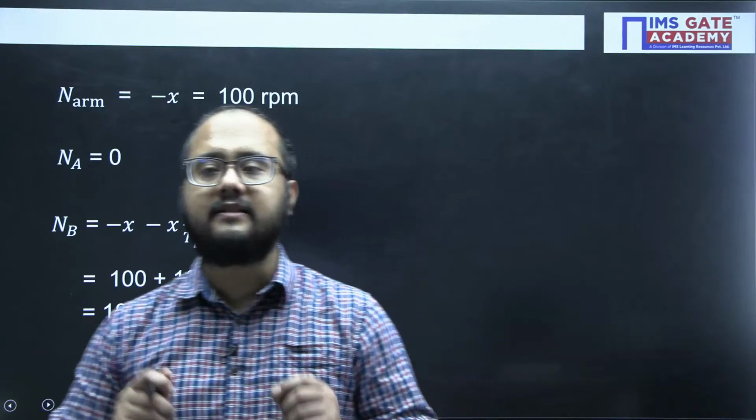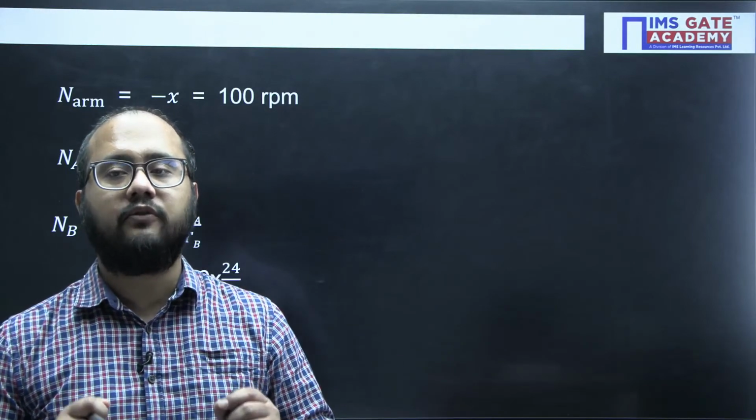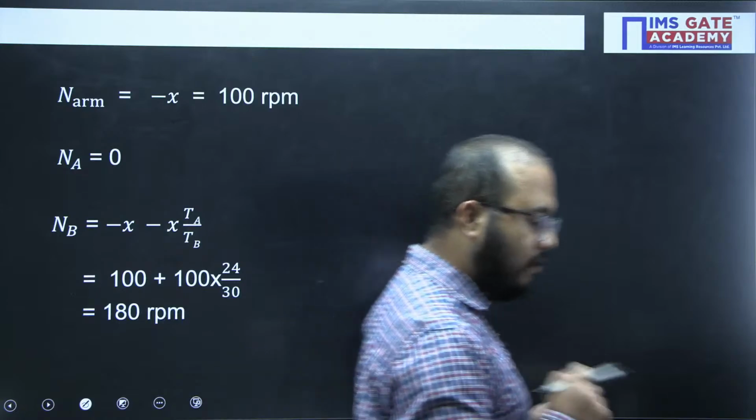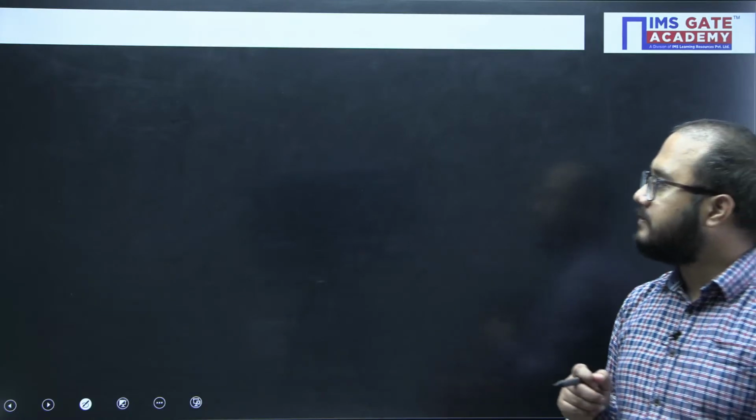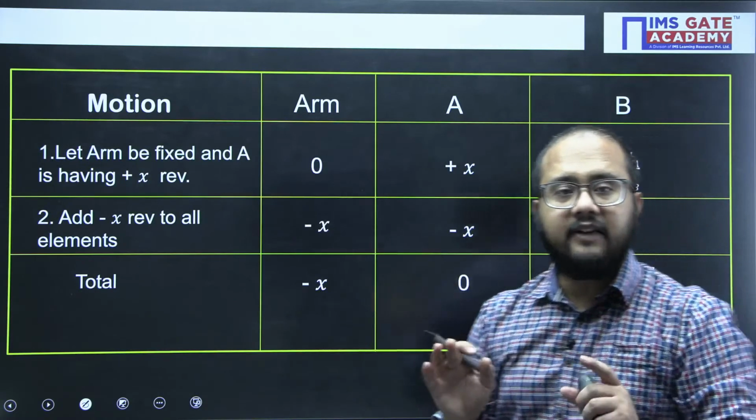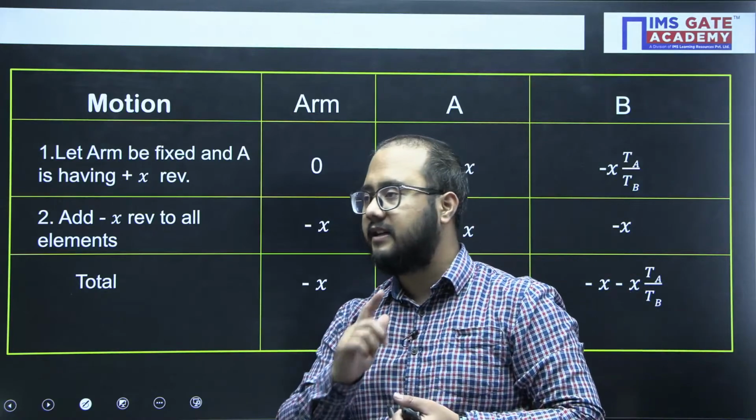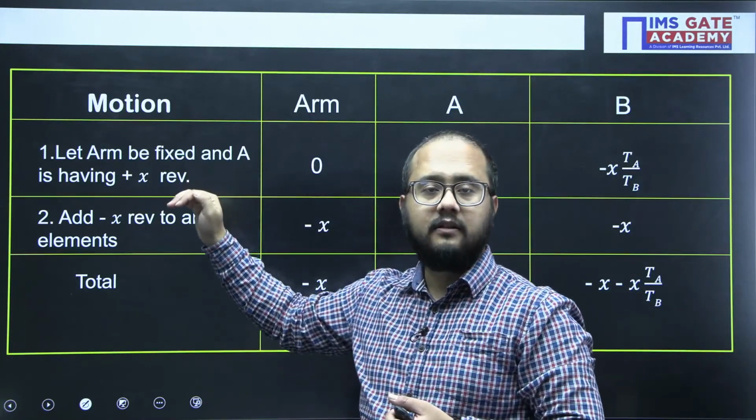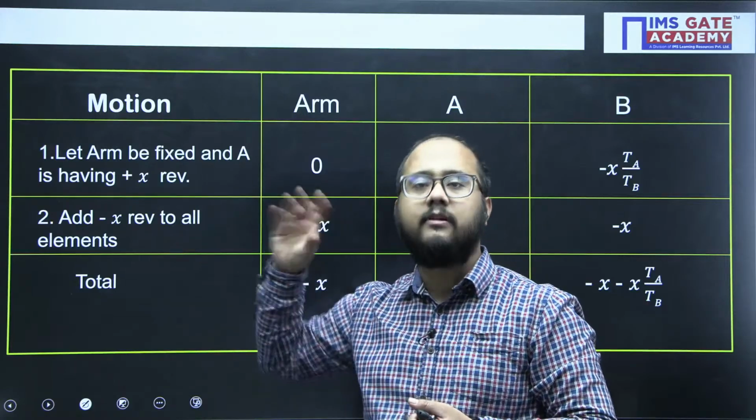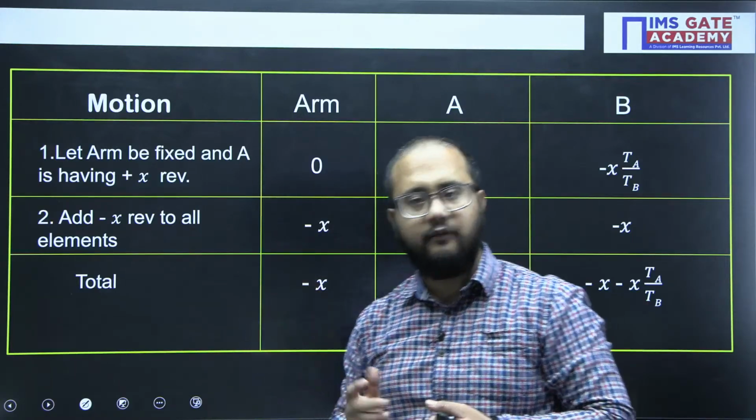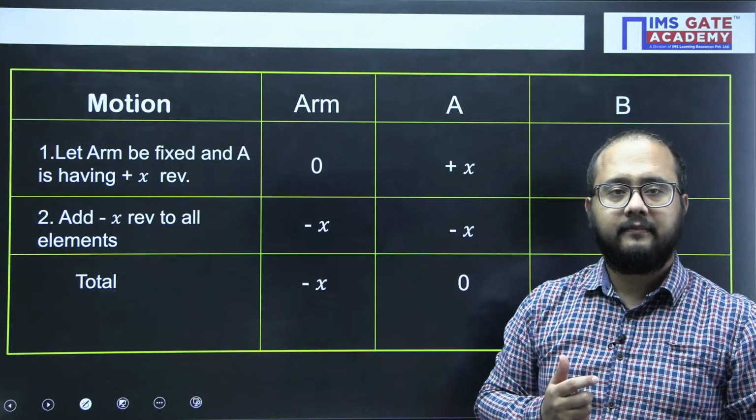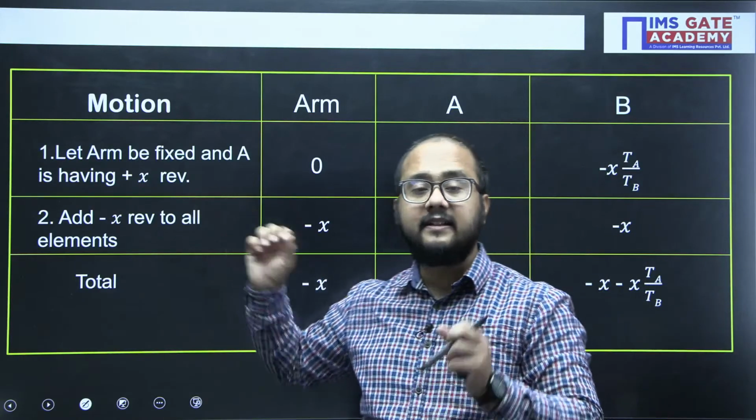180 RPM is the answer for the speed of rotation of gear B. I hope you have understood the steps that we need to take. Again, I will repeat here. Please understand, steps first and second are the common steps in all the gear train analysis of an epicyclic gear train. The first step is to consider the arm